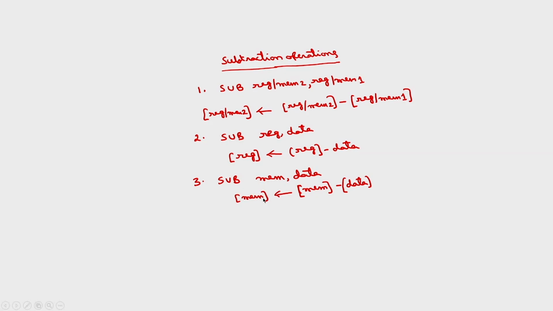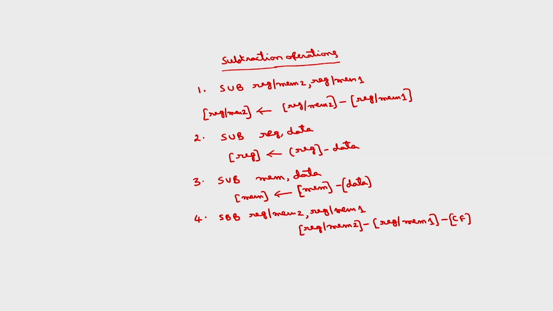Similarly, we have 3 with borrow. In subtraction, we require borrow in some cases. SBB register/memory 2 comma register/memory 1. Here register/memory 2 minus register/memory 1, then the carry flag is also subtracted. So, in the case of ADC the carry flag is added, and in the case of subtraction with borrow the carry flag is subtracted,